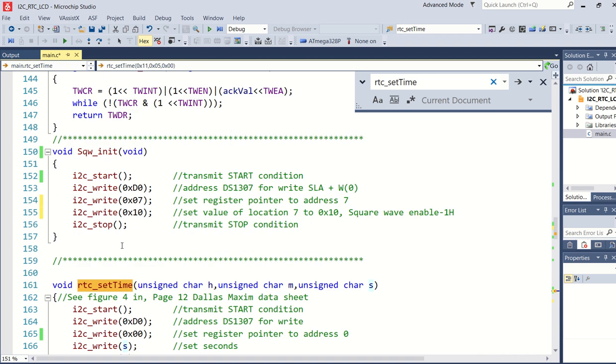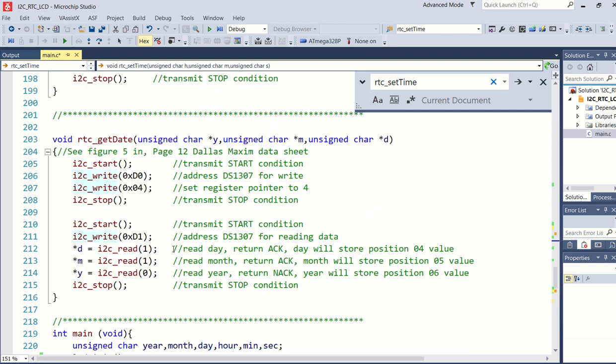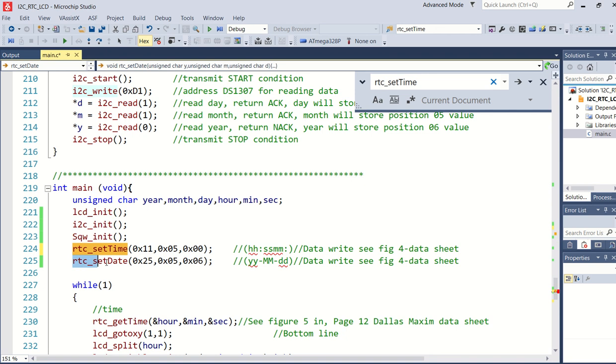It will write the seconds into address 0, because we start at 0, and of course the real-time clock slave will respond automatically with an acknowledge. Then we'll write the minutes, and then the hour, and then there's the I2C stop. And if I need to write the date, it's the one following that. So I'm pre-programming it with 25, which is the year, month, and day.